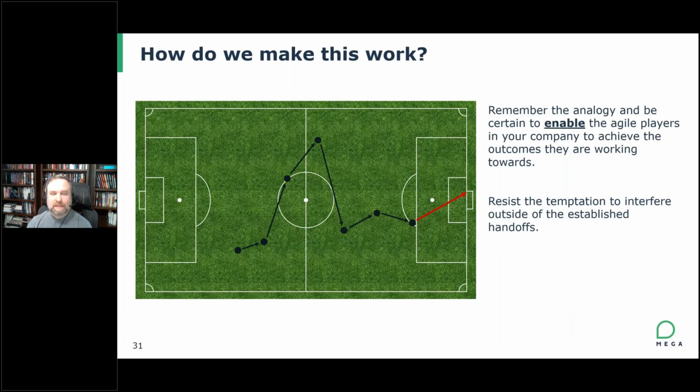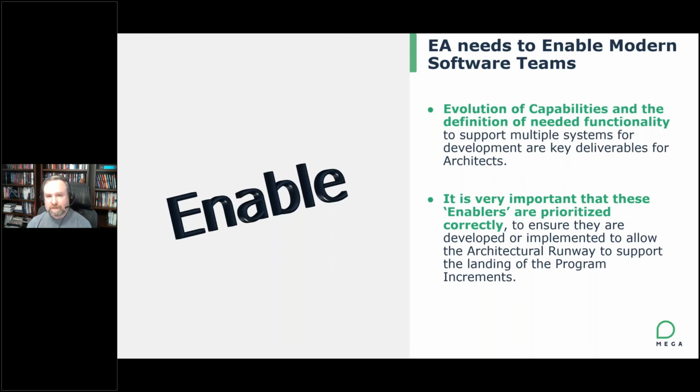So if I come back to the analogy of the player, there is the element of the business context. You know, who are we playing? What is the ultimate goal? What are the boundaries? But then there's the enablement as well. What are the proper tools and equipment that each of the players would need in order to succeed? And do they have that? If they don't have the right sneakers or the right equipment, outfits, balls, etc., they're not going to win the game either. And so we really need to look at it from both perspectives: guardrails of the business and strategy view, and technological enablement. And I'm going to really underscore this notion of enablement.